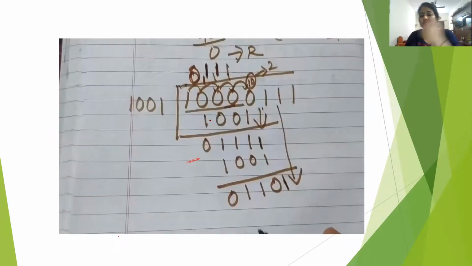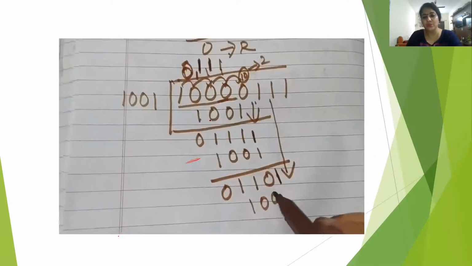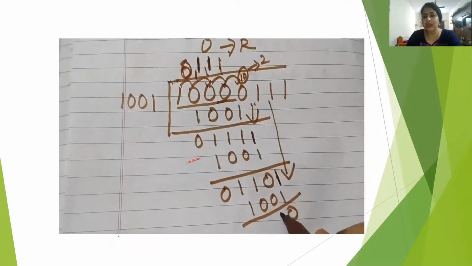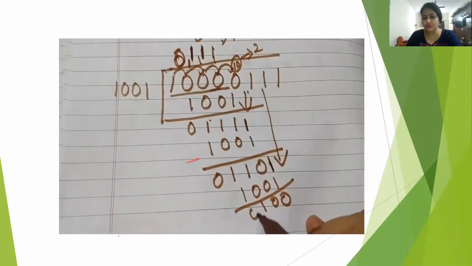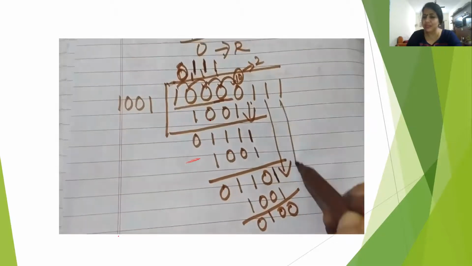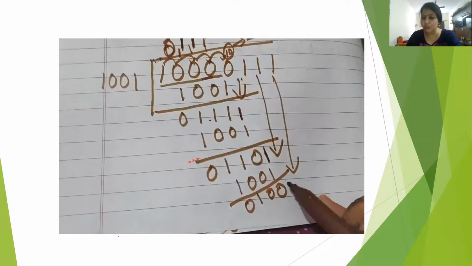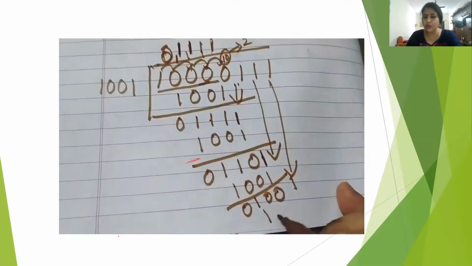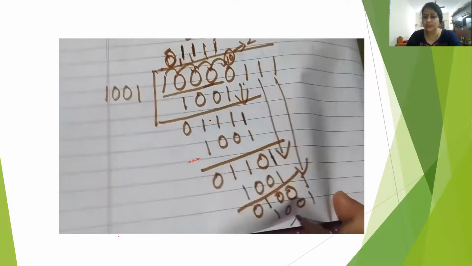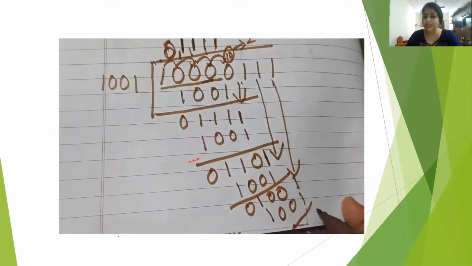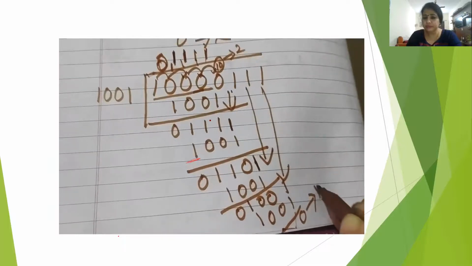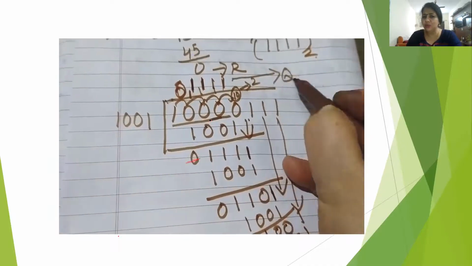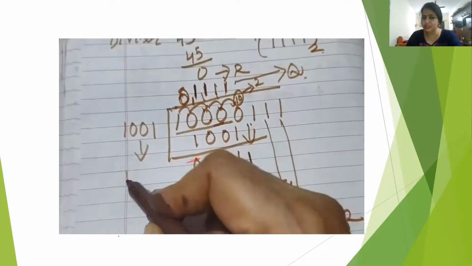Then this is the 4 digits. Now from these 4 digits I have to subtract 1 0 0 1. Then subtraction is possible, so 1 I put on the quotient, and 1 minus 1 is 0, 0 minus 0 is 0, 1 minus 0 is 1, then 1 0 0. So lastly I have to bring down the last column and make it 1 0 0 1. So subtraction is possible. 1 I write, 1 0 0 1 minus 1 0 0 1 will be 0. Now this is the remainder, and the quotient will be 1 1 1 1.